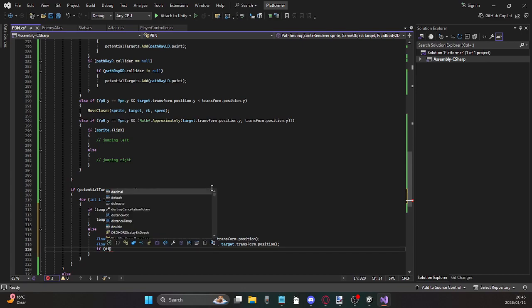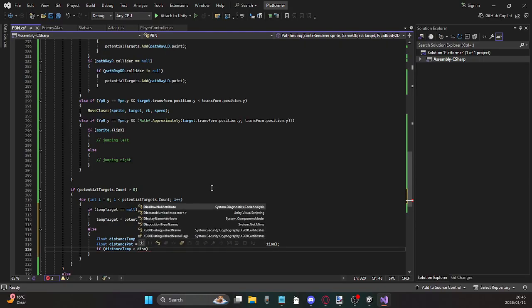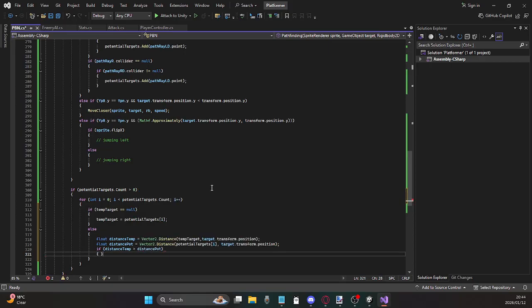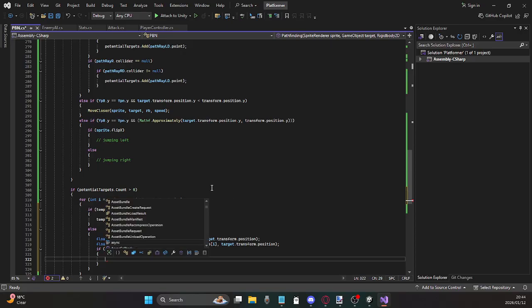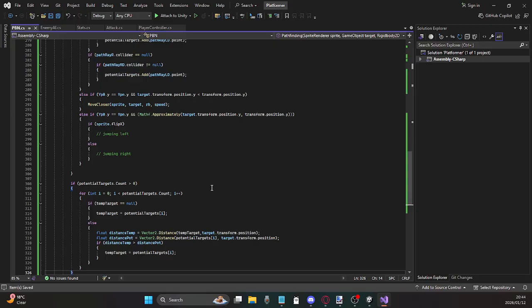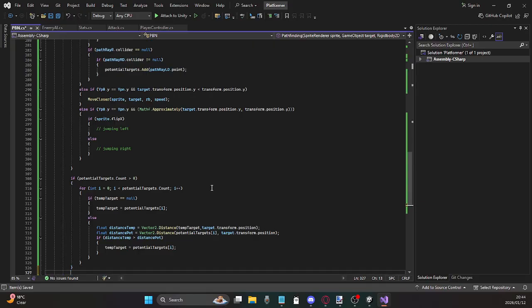So if distance temp is less than, no, is greater than distance pot, then temp target is set equal to potential target i. Alright, and then at the end here,